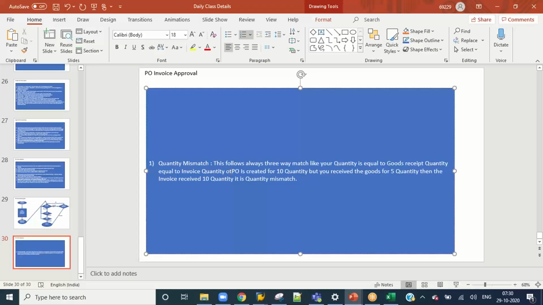Otherwise, it will trigger quantity mismatch. Example,